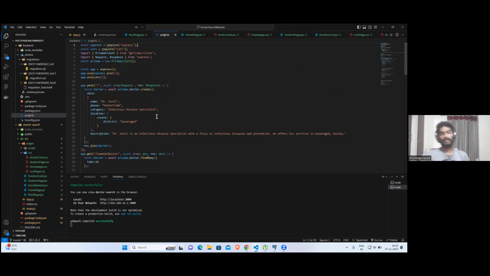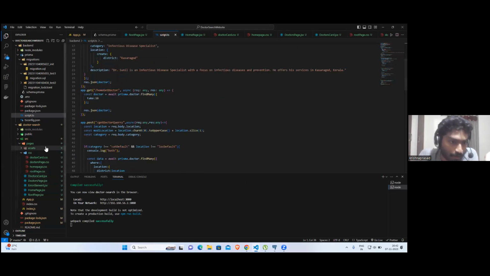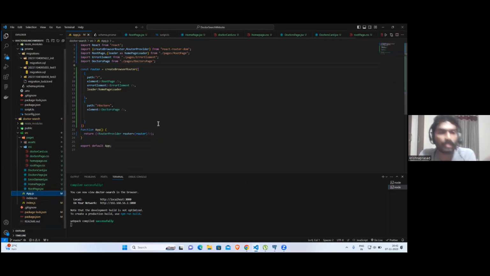And now I can explain this code. If I start from the home page, I'm using React Router DOM. There are only two routes, a home page and a doctor route. If we go to the home page, the route page element will automatically run on the client side, and this loader for the home page helps us